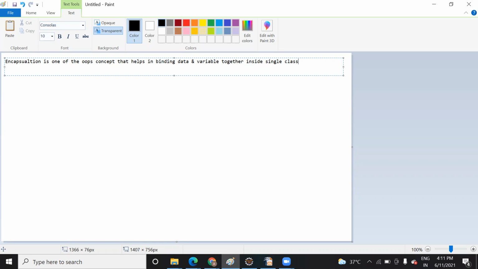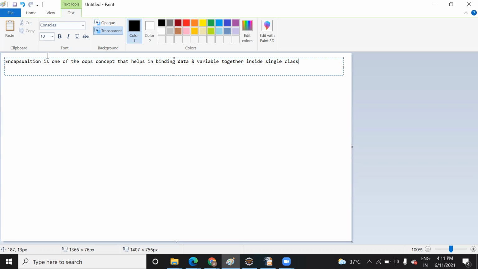Whatever variables and methods you use, encapsulation helps to bind all those together so that when you call your class or run the class, they run successfully. This encapsulation is implemented by default in your code whenever you write it.